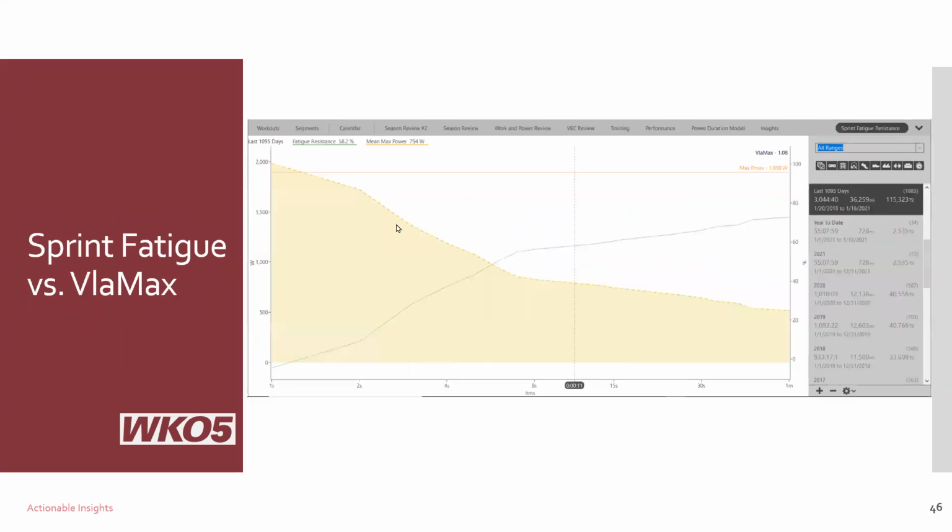Here's another one. This is hard to see, and this is a weird data set. I should have cleaned this data set. You see here a mean max power curve, right? This is Pmax. So this athlete has a 1900 Pmax. And here's their VLamax, 1.08. But that's because this data is tainted. It's bad. But I wanted something that showed a really good example, but this might have been too good of an example. But what this green line is showing is how quickly the athlete drops off